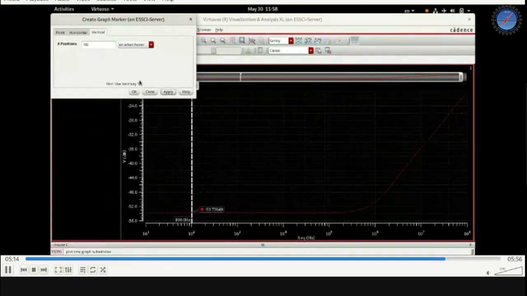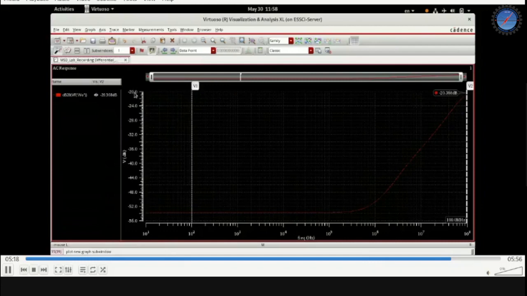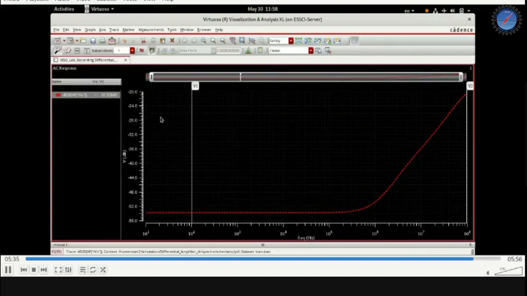Again, we'll find the gain at the two frequencies, 100 hertz and 100 megahertz. Have these two markers. At 100 hertz, this gain is about minus 53 dB, and at 100 megahertz, it's about minus 20 dB. Then easily you can find the common mode rejection ratio at these two frequencies. You just take the difference.